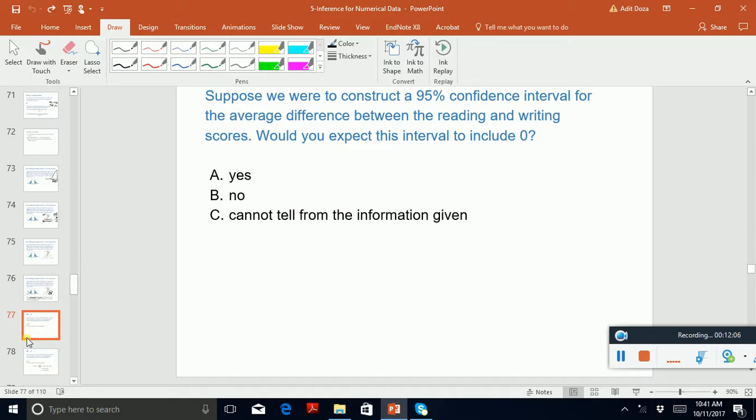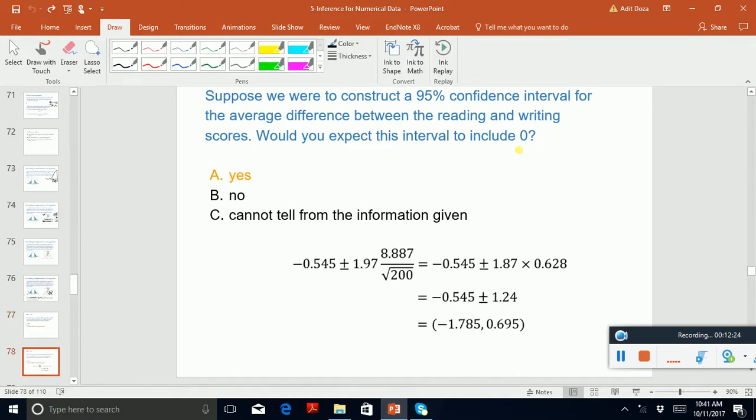Okay, so suppose we were to construct a 95% confidence interval for the average difference between the reading and writing scores. Would you expect this interval to include 0? Yes, because the difference also includes 0. If there is no difference, then within this confidence interval there should be 0. All right,